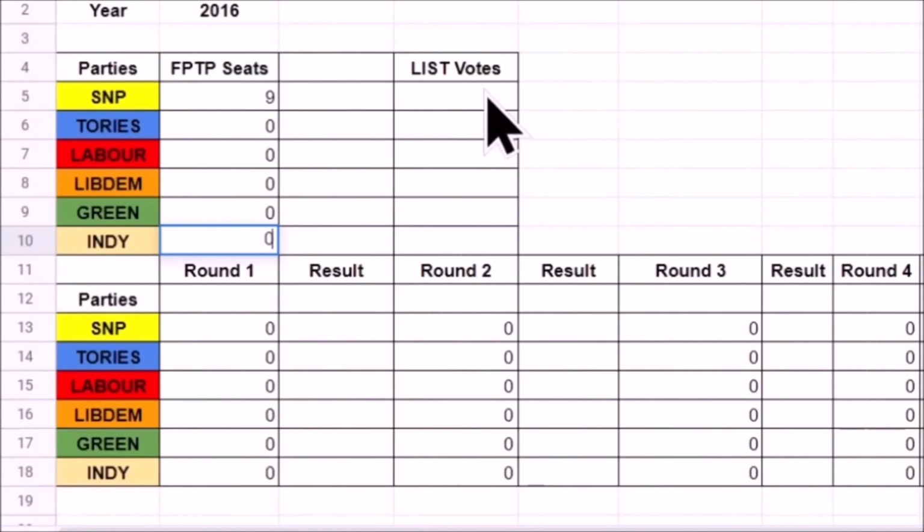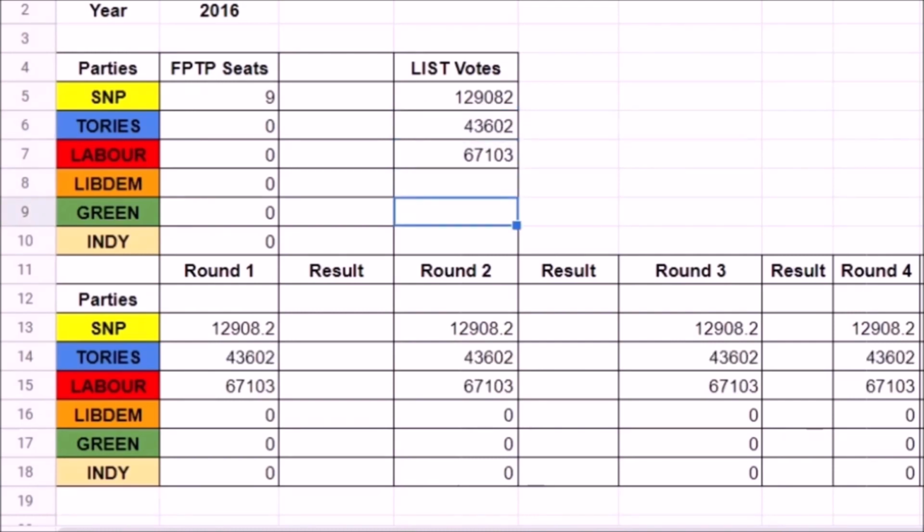Okay, so we are going to populate the list votes, and every time I push enter, you will see the detail coming across here as we go down. So let's get started. So the SNP were 129082, and then Labour, I'll click down, Labour was 67103. Tories were 43602, and the Greens were